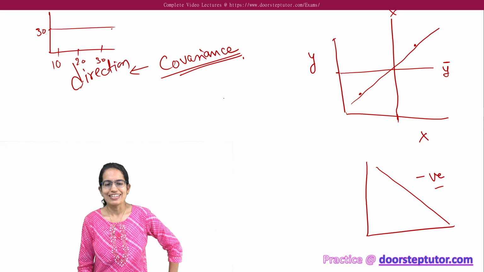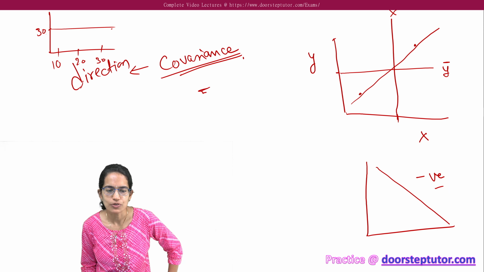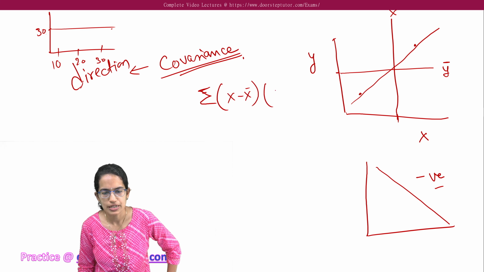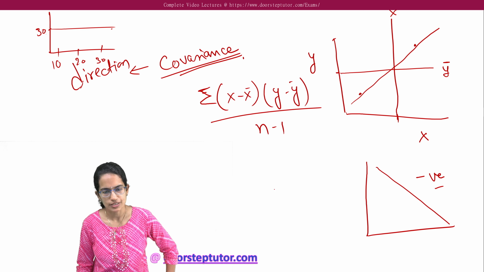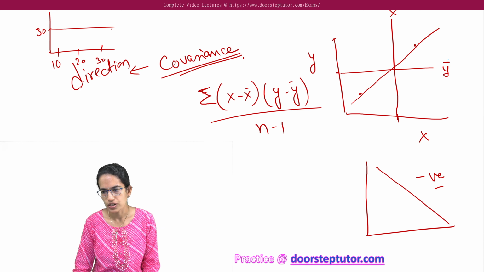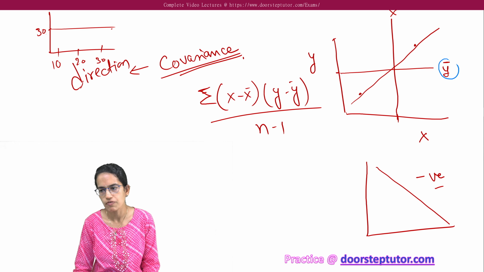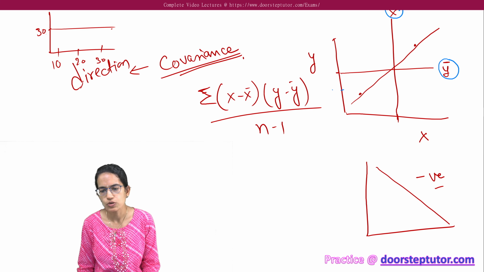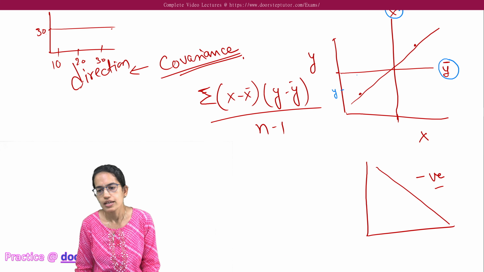Another important thing, let's dive into the formula for covariance. So, it is summation of (x minus x bar) multiplied by (y minus y bar), which is the mean, divided by n minus 1. So, I know the y mean and the x mean. Now let's say my actual value of y that I'm trying to take is less than